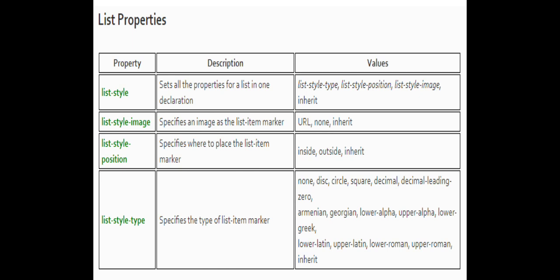These are some of the list style types. Then lower alpha, lower Greek, lower Latin, upper Latin, lower Roman, upper Roman and inherit. All this we studied when we were studying the types of list, when setting those list properties or attributes. So these are the list style type and list properties.